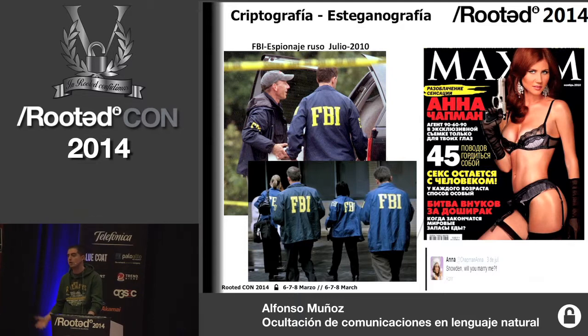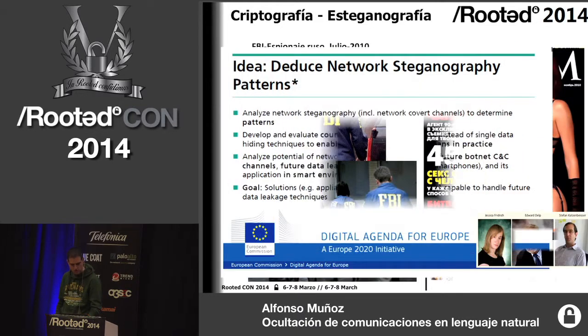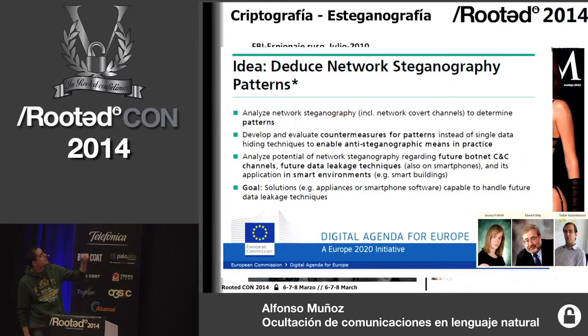On the left, you can see a photograph from a recent event. It was about Russian spying, where they used public service information to exchange information with agents. So here in the European Union, lots of money is being invested in detecting steganography. It is an unresolved issue, and many people are trying to find a way to detect as many communications as possible. So both cryptography and steganography, I started to research more seriously, more deeply, since 2003